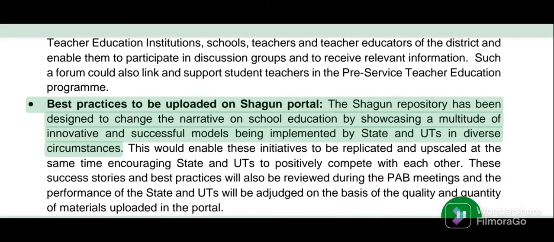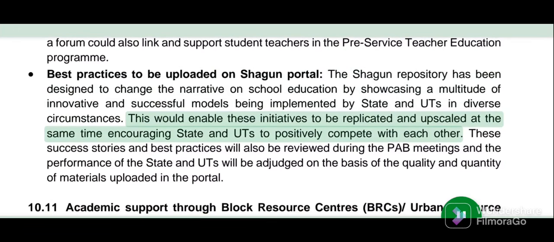Best practices to be uploaded on Shagun portal. The Shagun repository has been designed to change the narrative on school education by showcasing a multitude of innovative and successful models being implemented by states and UTs in diverse circumstances. This would enable these initiatives to be replicated and upscaled at the same time, encouraging states and UTs to positively